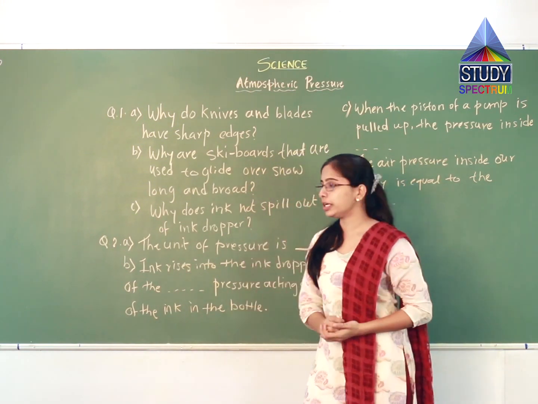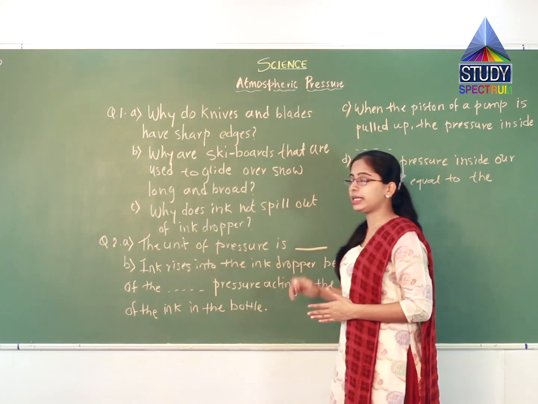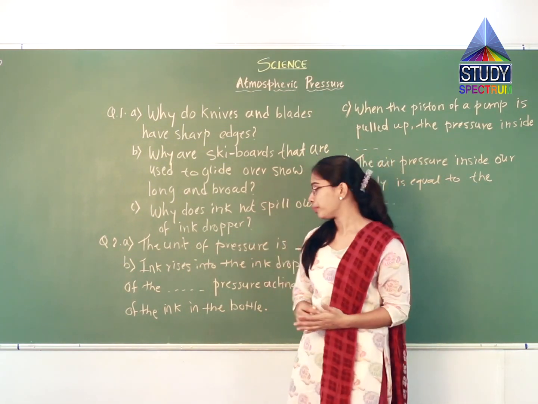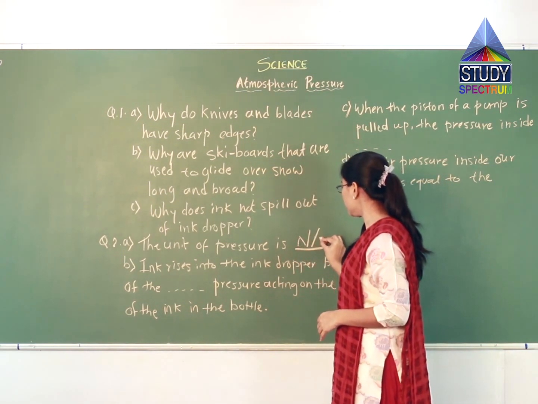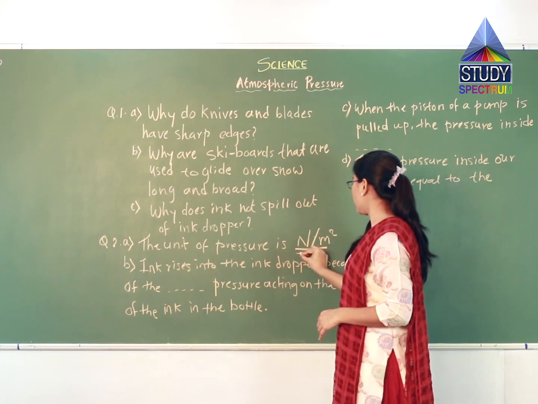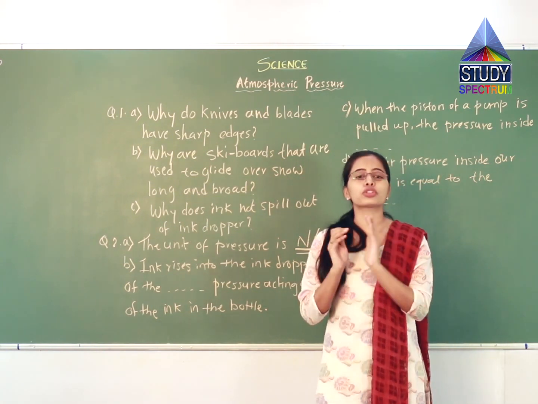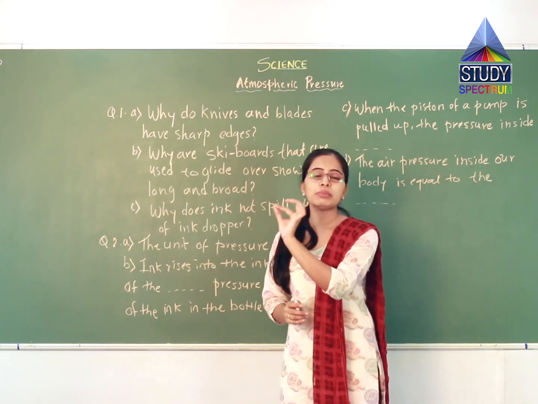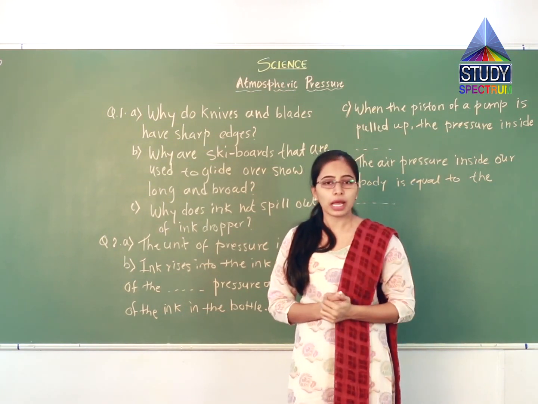Very simple answer. Then our next question is fill in the blanks. So pay attention here. Your first fill up is, the unit of pressure is, definitely it is Newton per meter square. So you can write it in this way, Newton per meter square. You have to double underline your answer, or you can also write in words, that is Newton per square meter, writing the spelling of each word.